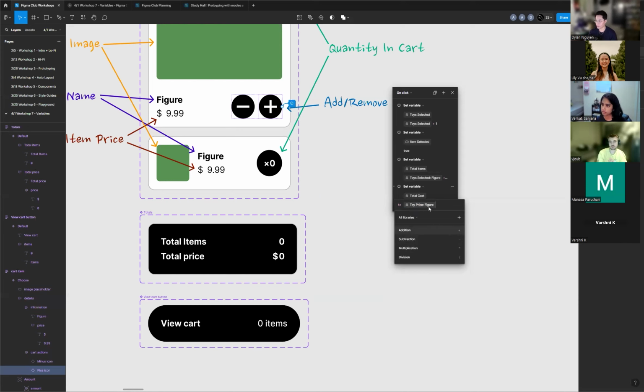So I have my toy price for my first toy. And now I'm going to do multiplication because we need to multiply our price by the quantity of that toy we have in our cart, right? So we're going to multiply that by toys selected. And we're going to also go back on that in order to change the mode to the appropriate toy. Once we do that, we're going to do an addition,